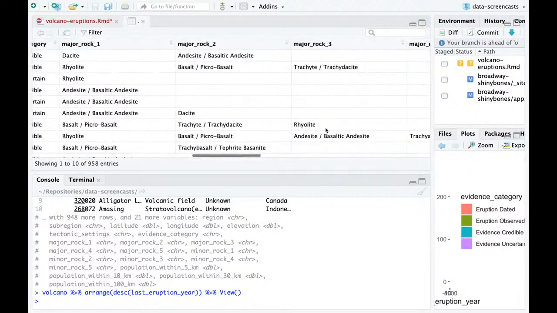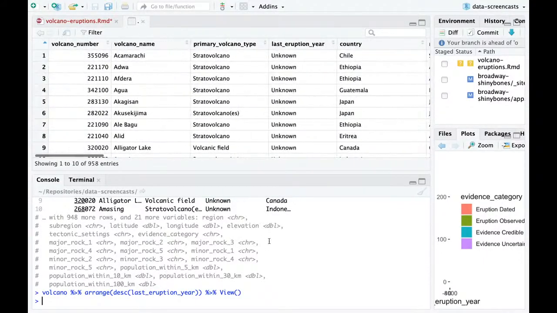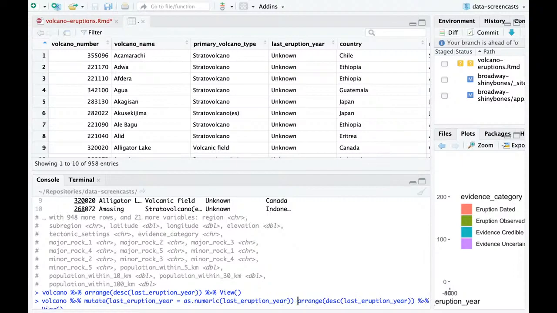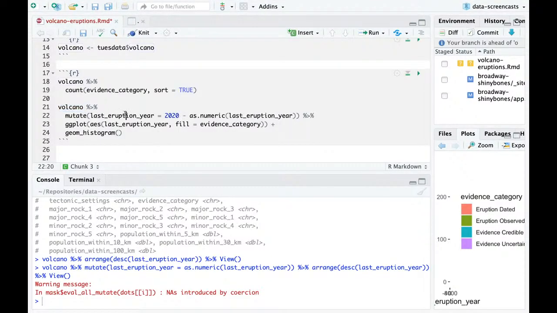Did any erupt in 2020? Oh, this is a character vector, so that's probably not going to work, is it? I'll need to say mutate last eruption year is, I'd like to do this step again. Yes, some did 2020. So what I'll do is I'll say years ago is this, and then I'll graph how